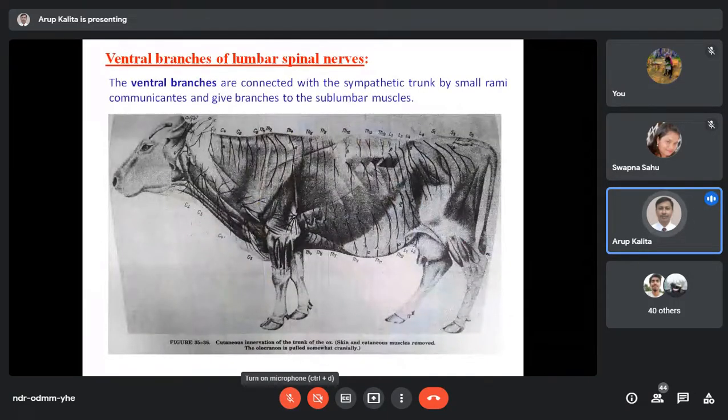Now here I am showing in this photograph, you see. These are all ventral branches. Ventral spinal abdomen means this is T13, thoracic, and this is L1 to L6, the abdominal spinal nerves: 1, 2, 3, 4, 5, 6. These 6 are ventral spinal nerves. This is the ventral branch, and the dorsal branch will supply in this area.